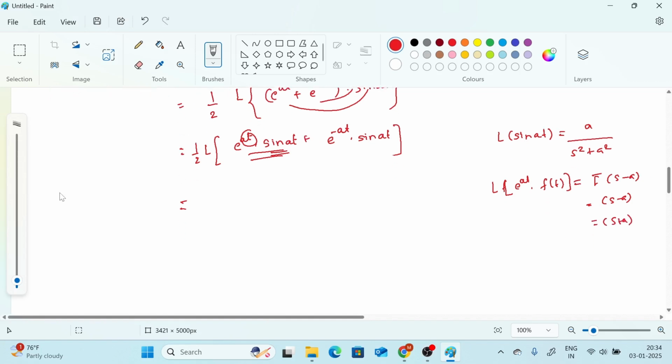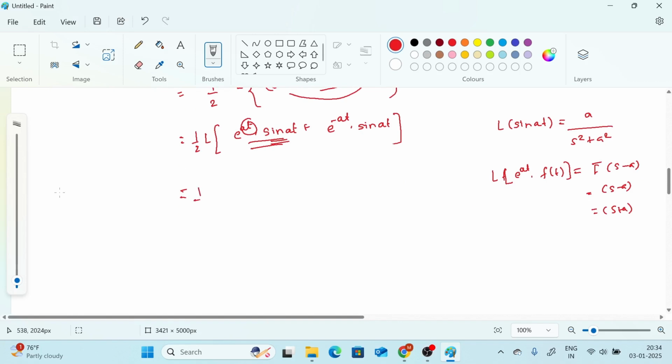I am directly doing this step, so you can simplify it like that. e raised to at sine at, the value of sine at is a upon s square plus a square. So a upon s minus a bracket square plus a square, because I am directly putting the value of s minus a in place of s, since here we have plus at, plus